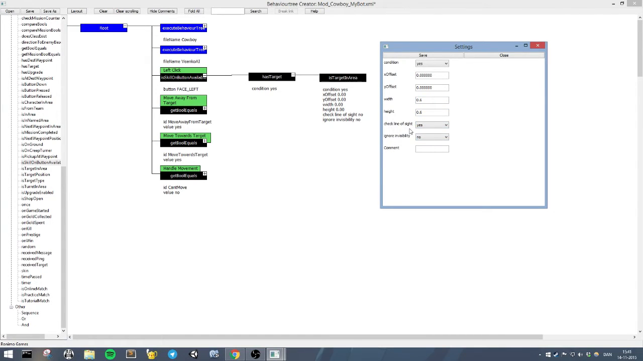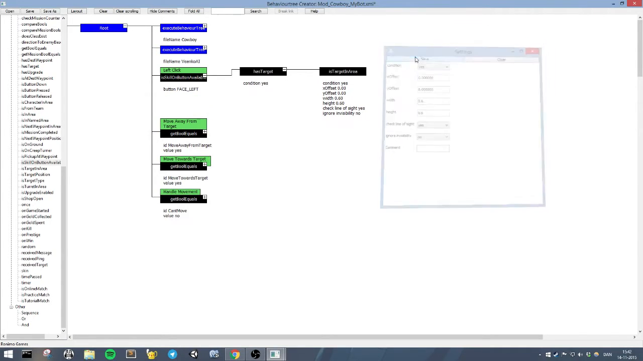Check line of sight is basically if your target is behind a wall or behind a turret, then our AI cannot see him, and then this will turn false. This will not be true. If this was no, then he would be able to see enemies behind walls. Okay, so now if has target and is target in area, then